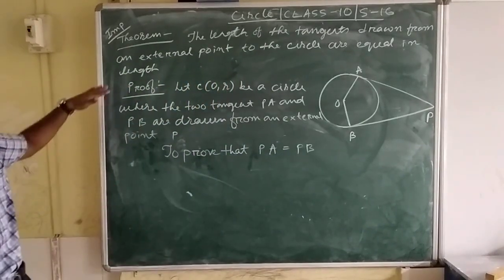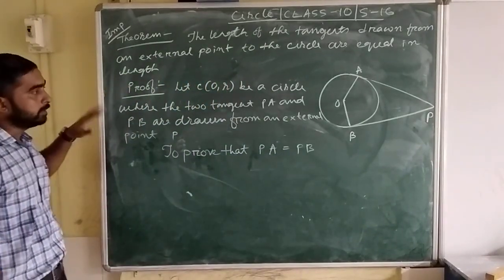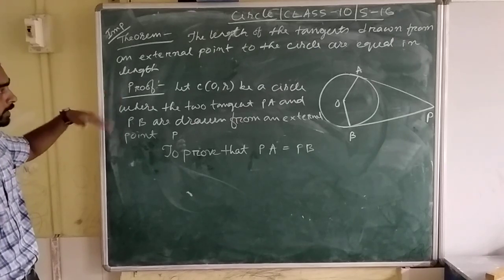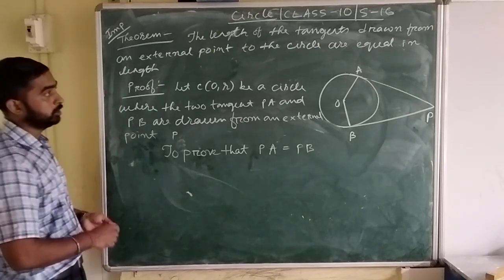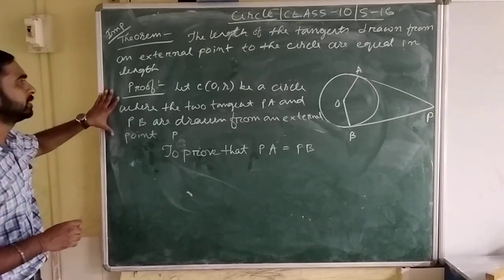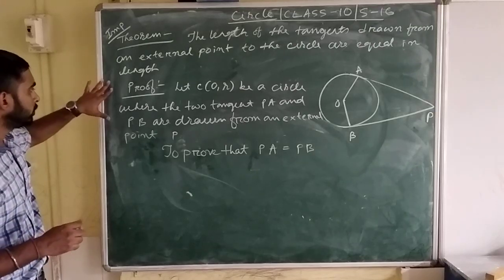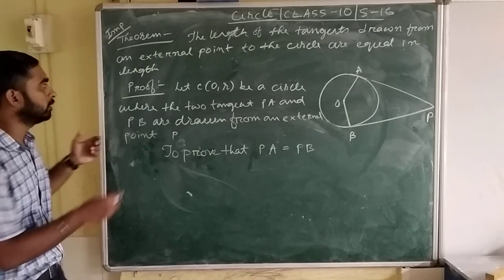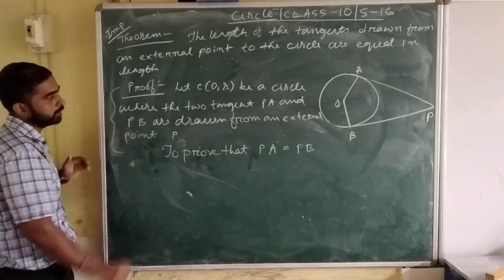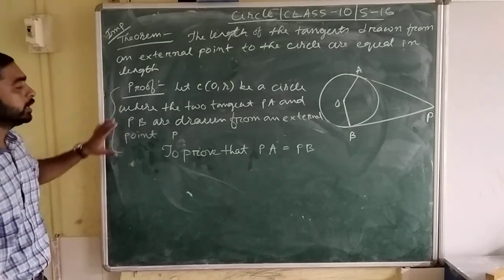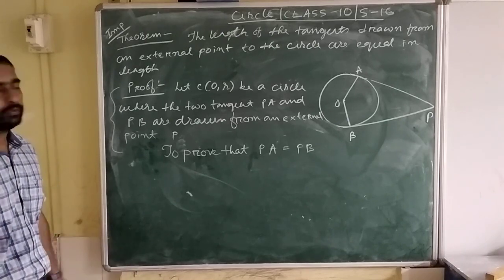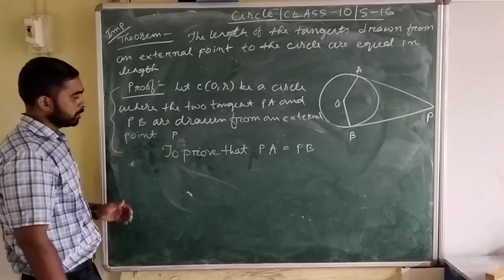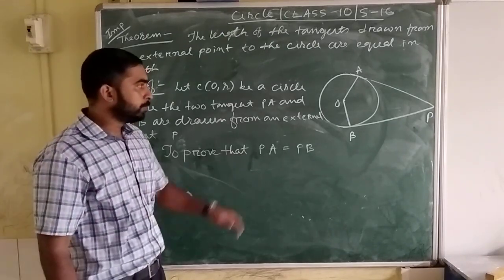To get good marks, these are the records. Here I wrote this down in the answer. This is known as restatement or given. Doesn't matter, you have to write this one. Otherwise, suppose this question takes 3 marks, and you just prove only the proof part, then you get 2 marks or 2.5, not the total 3 marks. So the proof that PA equals PB.